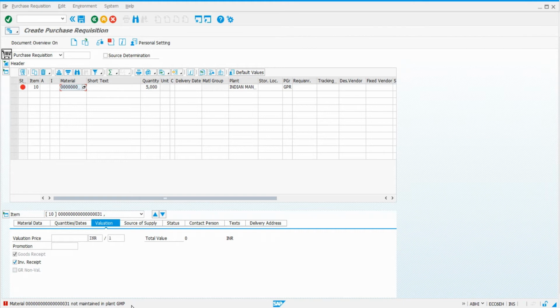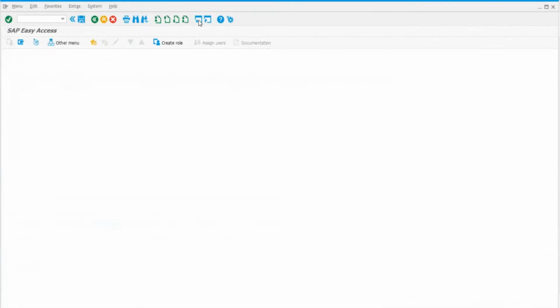So now you have to understand that once you have created a plant, all material codes and vendor codes you have to assign to your new plants. Even for your company, if your company has 2-3 plants and one plant has a code of material, a code of vendor, and another plant wants to create a purchase requisition with the same code or a purchase order for the same vendor, they need to extend that code to their plant. It cannot be used by all plants without its assignment to the respective plants. So in my case, I have to extend this code to my new plant, that is GMP. So now you can learn here how to extend the material code.